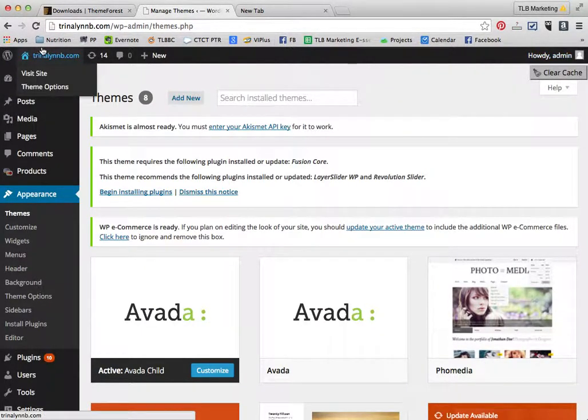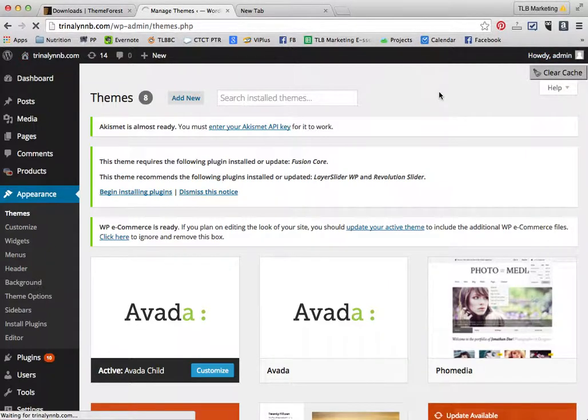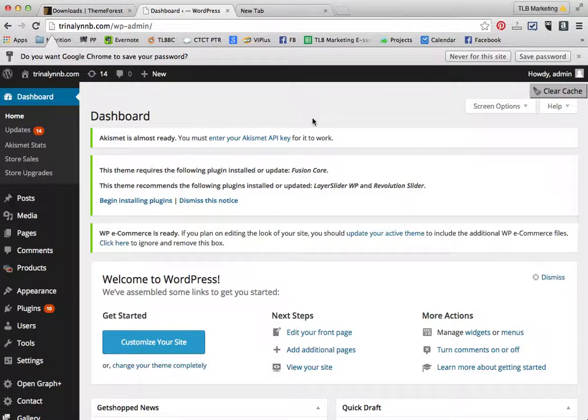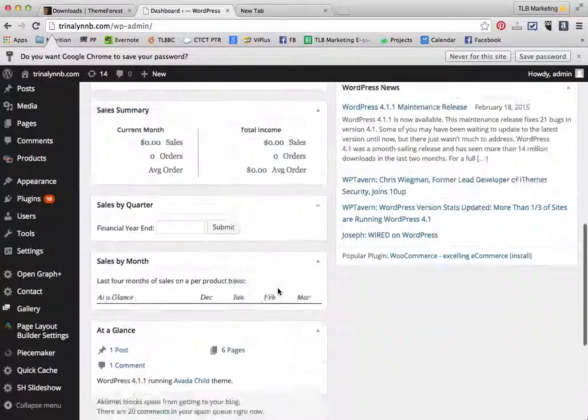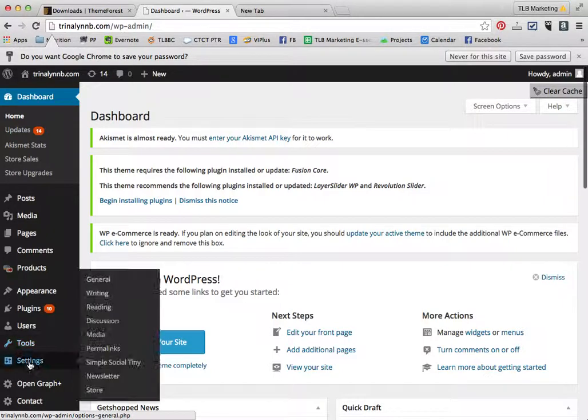So I've just logged into my site. To log in, you're going to put in your URL /wp-admin. Let's just go out of this here so that you can see what it looks like. And you're going to put in the login that you created. The first page that you see is called your dashboard. The dashboard gives you any sort of updates that need to be done to your plugins, to your theme. It also shows you any of the next steps that you want to take and any comments that have been made on your blog. So all of your menu items are over here on the left,